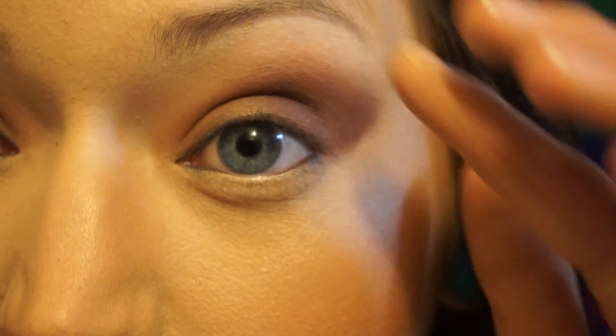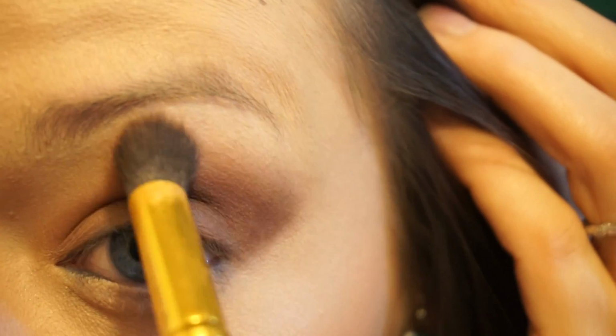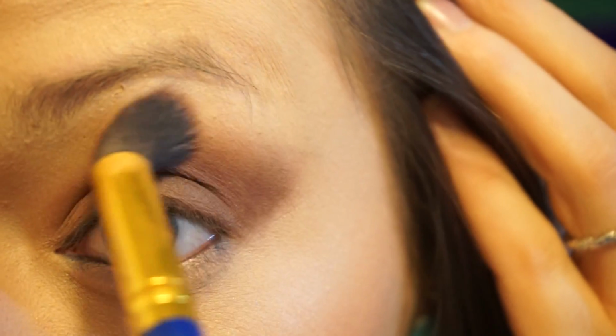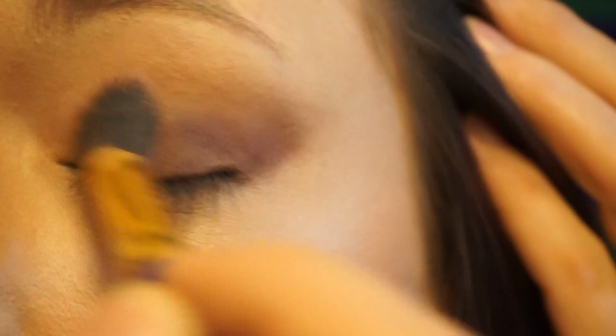Now, big fluffy brushes are going to be your friends, trust me, because they just make everything blend so much more easily. Just make sure that everything looks really seamless and flawless and blended. Blending is going to be the biggest key to make sure that everything looks really, really nice and seamless. So now going in with my first eyeliner, I'm going to go in with my